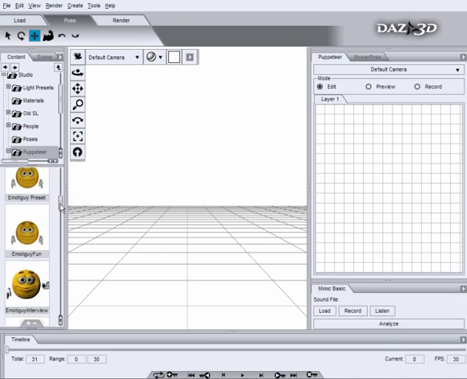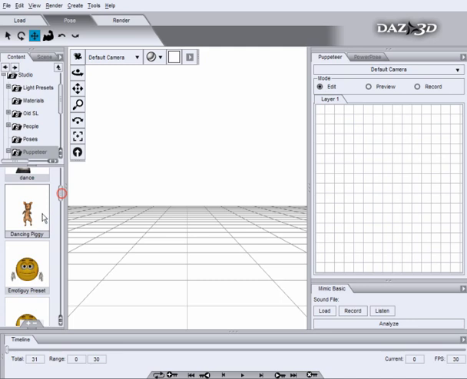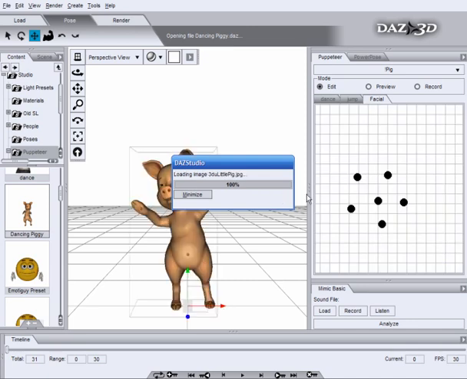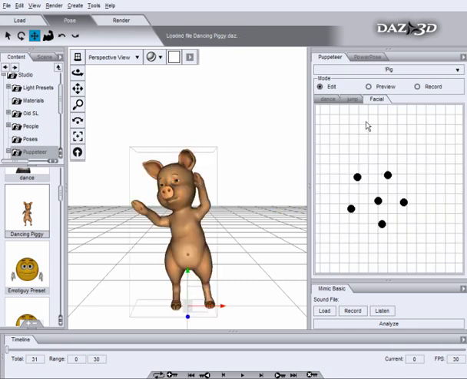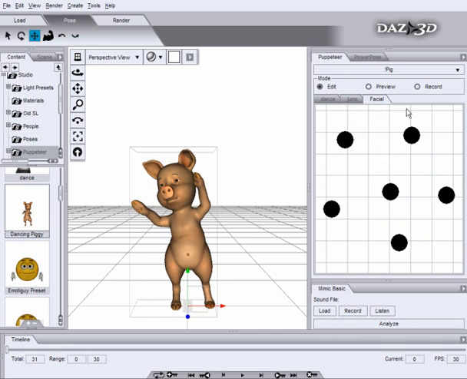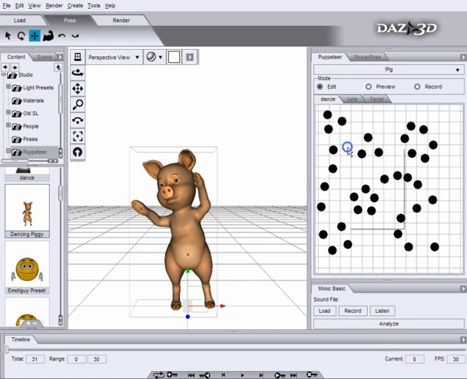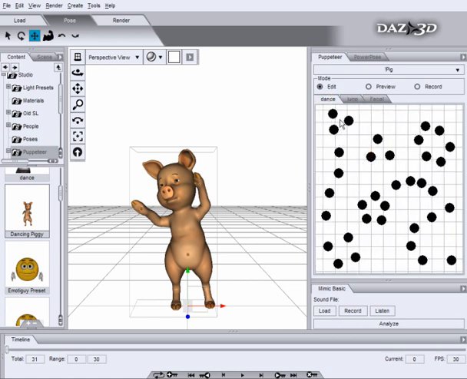And we're going to give a little demonstration here of Puppeteer. All right, take it away, Chad. We'll start out with Dancing Piggy here, a scene with a few Puppeteer presets that Lindsay had worked on. And you can see over here we've got our Puppeteer tab with lots of different grids. For those of you who aren't familiar with Puppeteer, I'm going to start with the edit